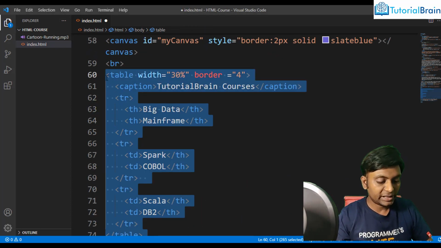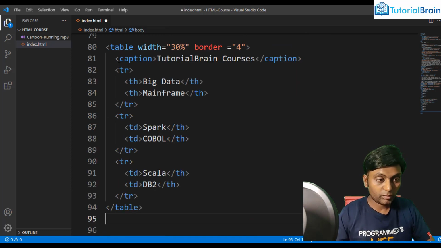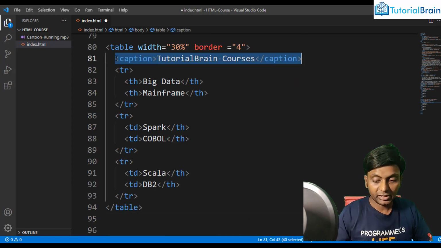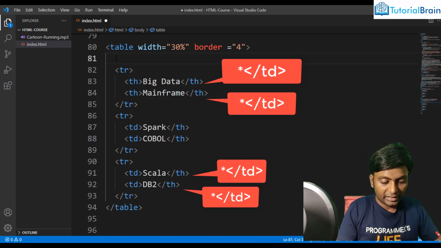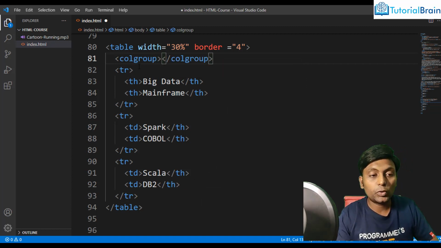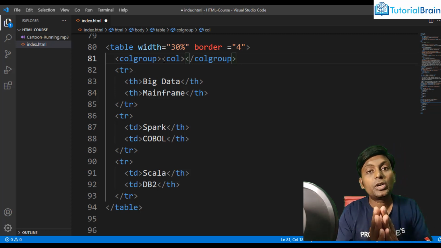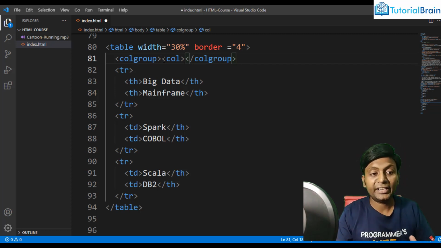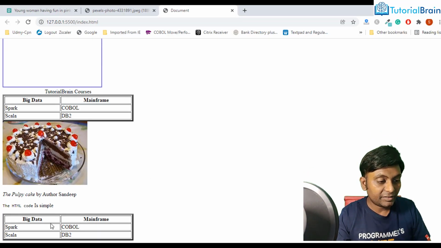So I'll just copy the same table and I'll just remove this caption because this is not an example for caption, and I'll just give col group, and within this col group I should be having the col tag, and please note col tag does not have any ending tag. And at this moment if I just save it, now you see here we have this particular table here,